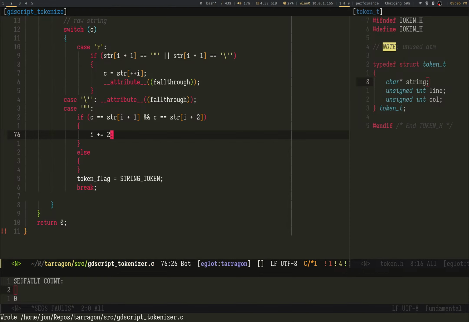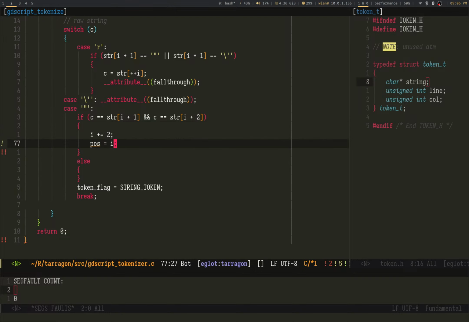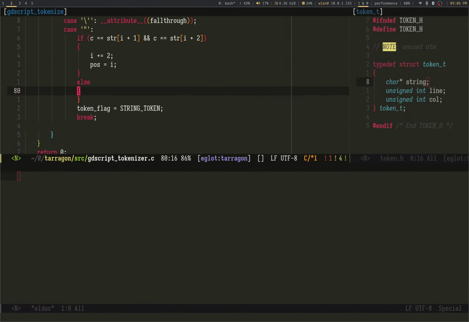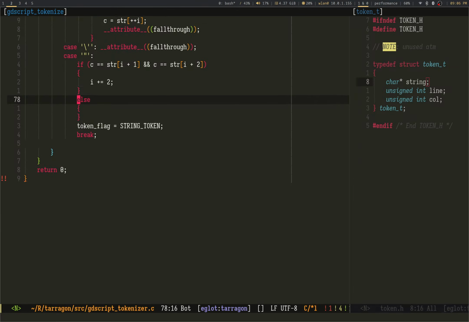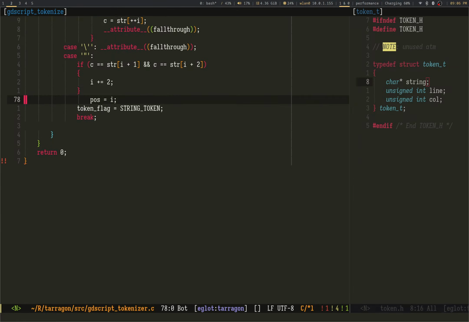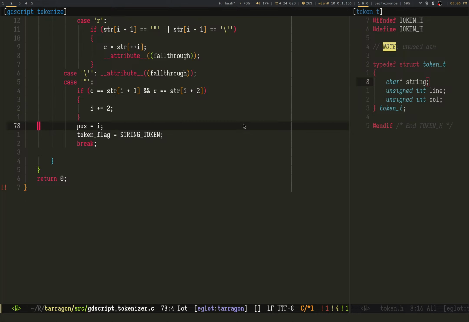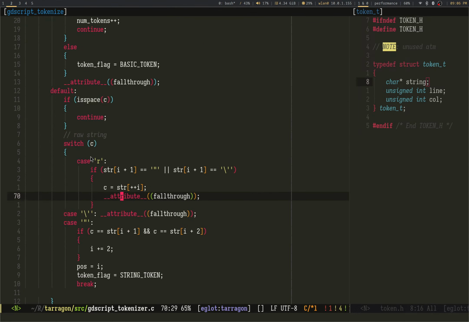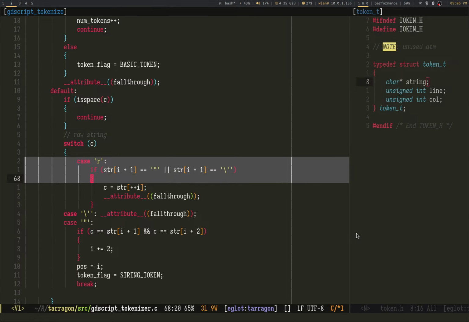I think that's I+2 because I don't want to deal with that and that. Should it be I+3? No, I+2 is fine because of course we're going to finish the for loop, I is going to be bumped up forward, and I actually want to set position with I. The first one, and similar logic there. Yep. There we go. Nice. And that's why we enjoy following through. Look at that. I cut down on a lot of pain.